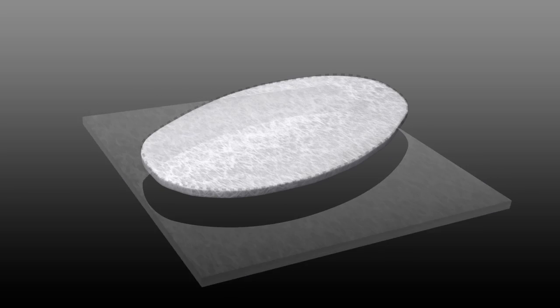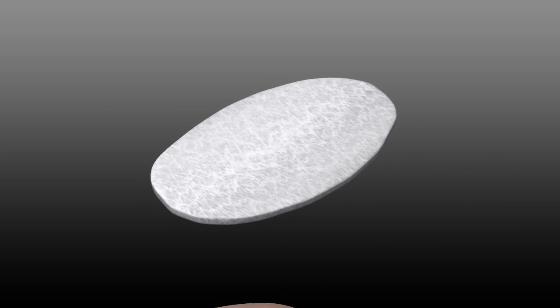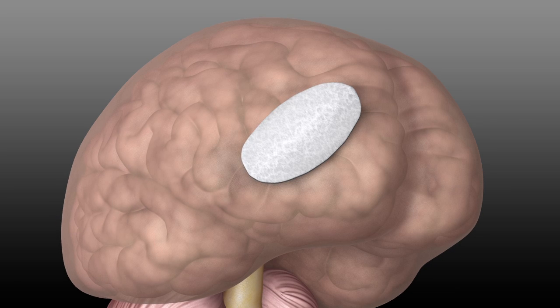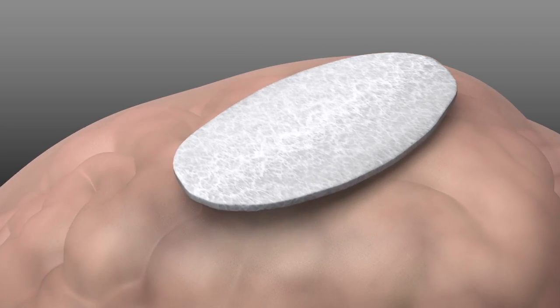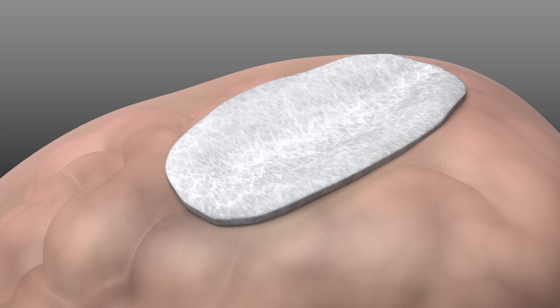The DuraGen matrix becomes a graft by interacting with the patient's body to optimize the natural healing process. The highly porous nature of the graft, which is 99.3% open porosity or void space and less than 1% solid, allows it to intimately conform to the margins of the dural defect and to complex surfaces of the brain once